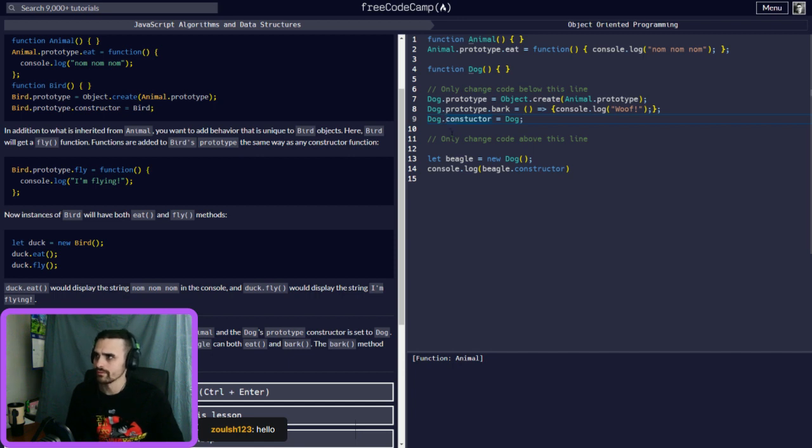Dog prototype. Why is that still set to animal? Alright, I must be missing something. Because I did it, right? After this was created, I then set the constructor, assigning it to dog.